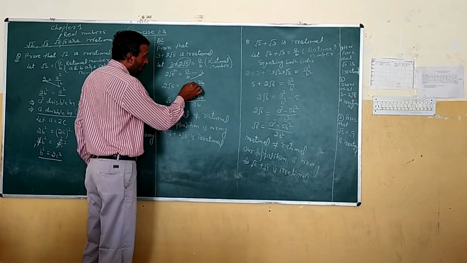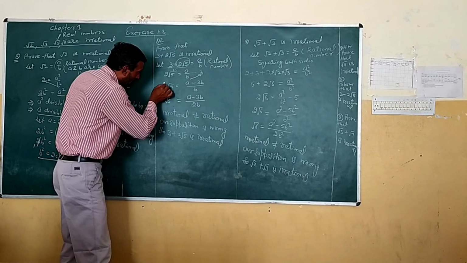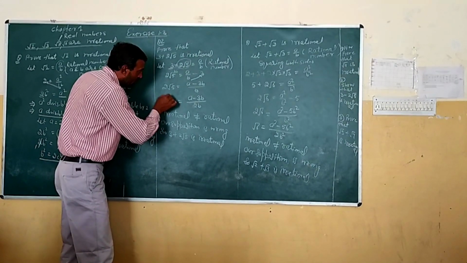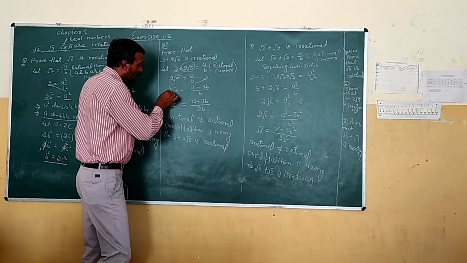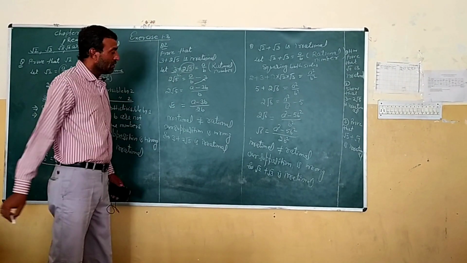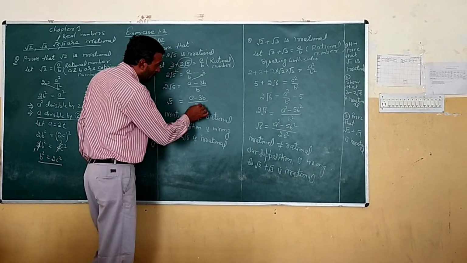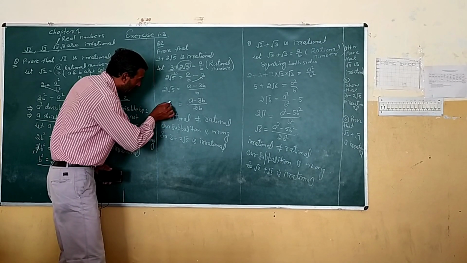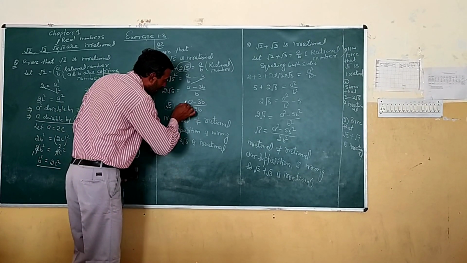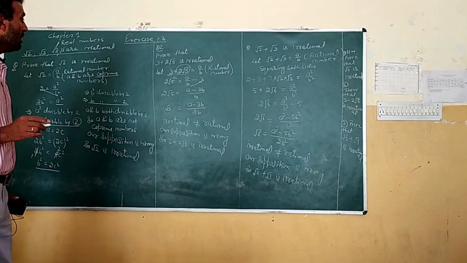So we get a minus 3b upon b. Now also we have to transpose the 2 to this side, so we get root 5 is equal to... 2 is in the form of multiplication, and it changes into the divide form, so we get a minus 3b upon 2b. Means in this situation, irrational and rational are separate. In this condition we have to separate irrational and rational.